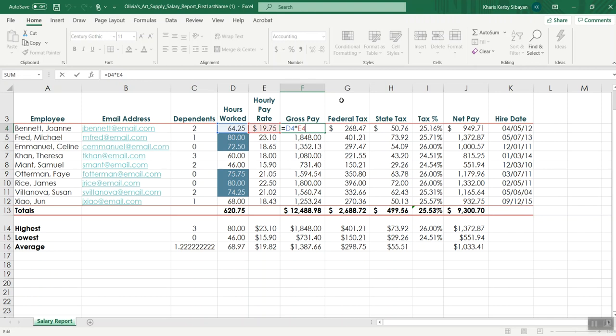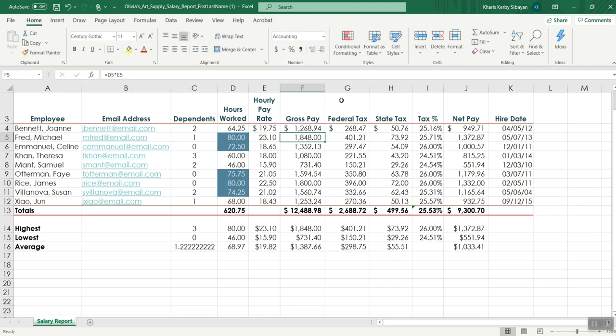So every formula again starts with an equal sign. So that's equal sign D4 times E4. You can click or you can actually type it in, right? But you know that your software is very particular. So if it says that you need to click, just follow along, right? What's important is you understood what the formula is behind it, and why, let me press enter, why